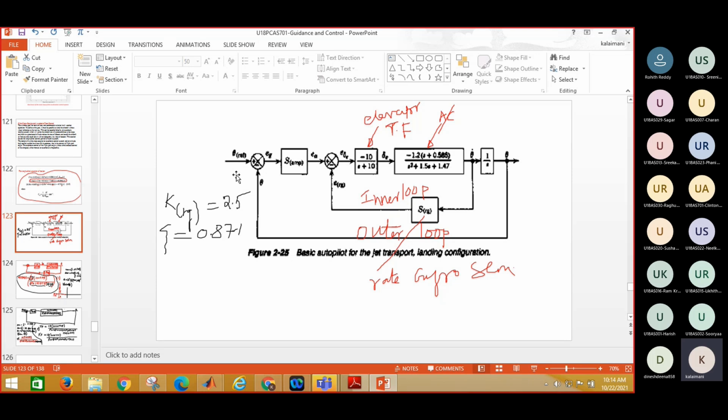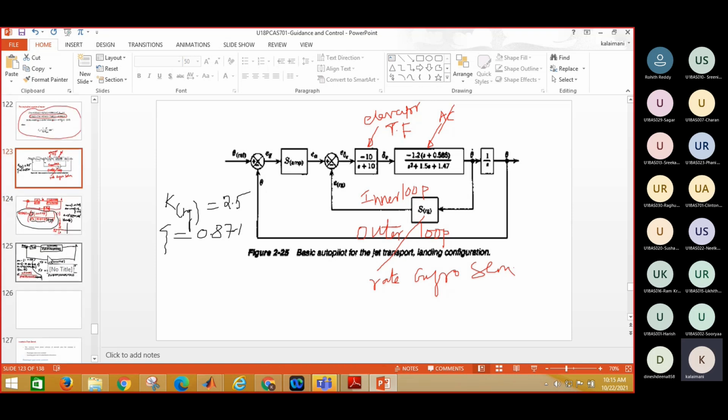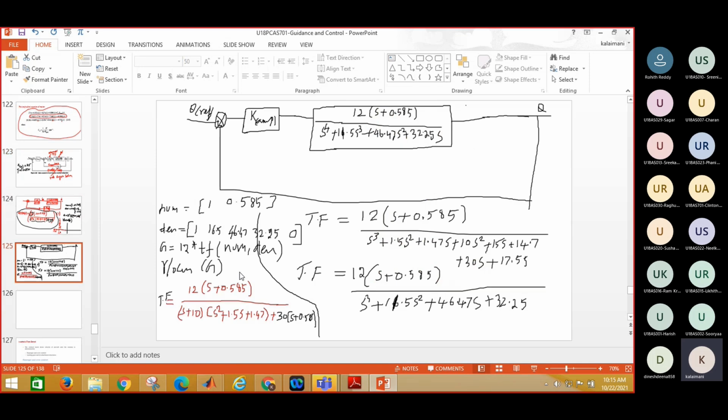From that observation we came to know that the rate gyro sensitive feedback is essential. If you put the rate gyro sensitive feedback, then I have a higher damping. If you have a higher damping, that will lead to reduced overshoot. So I will give you an assignment: try to sketch the step response of your inner loop with rate